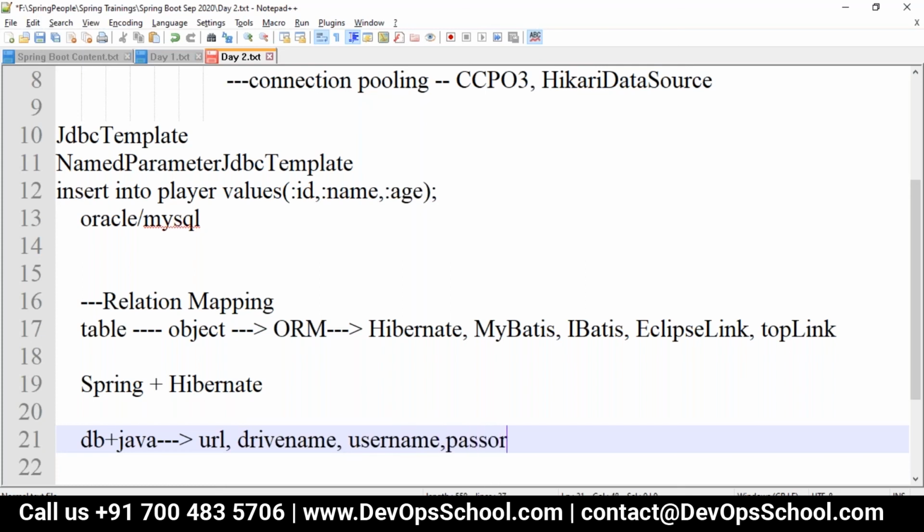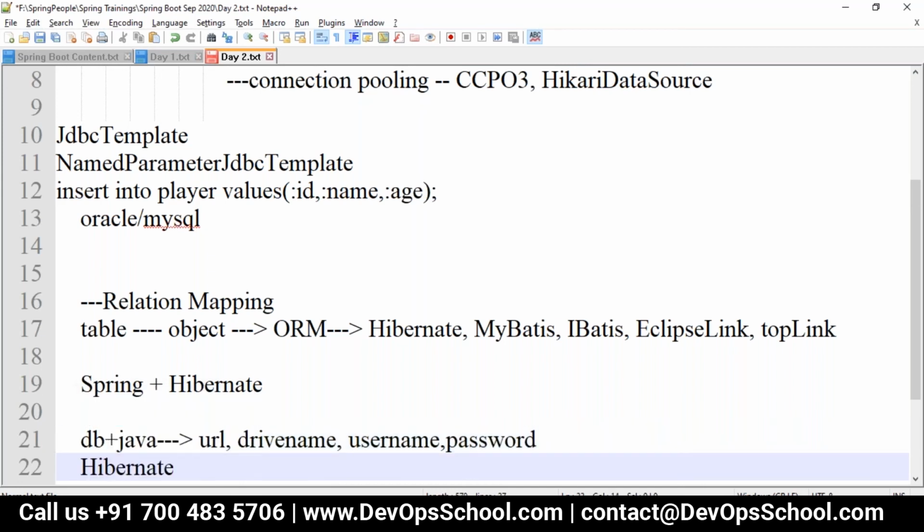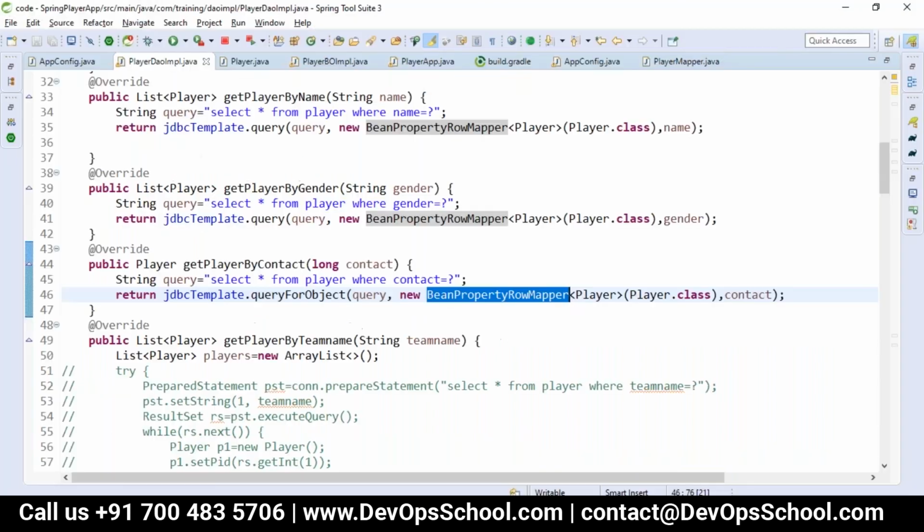Apart from this, with any ORM tool, we'll have one more property called dialect. What will this dialect be doing? Dialect will convert your entities into a table, or convert your Java code into the table code. So basically, if you see here in the same method, I'm just taking an example here.